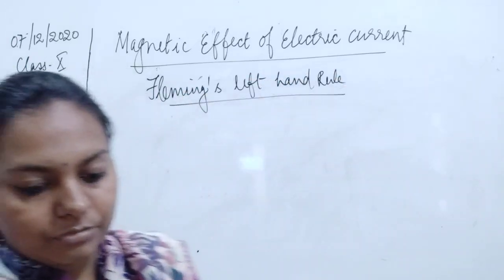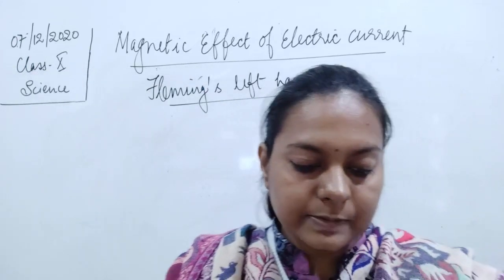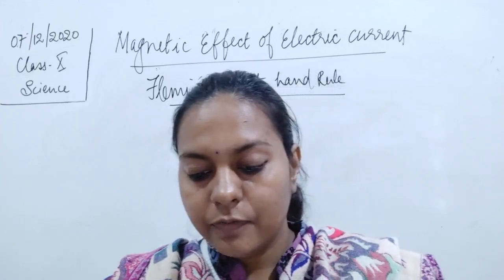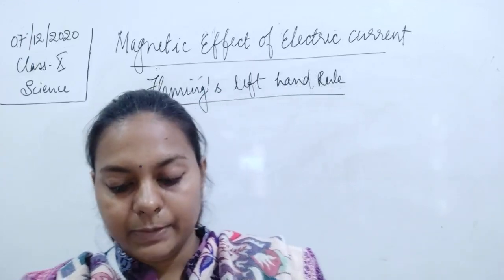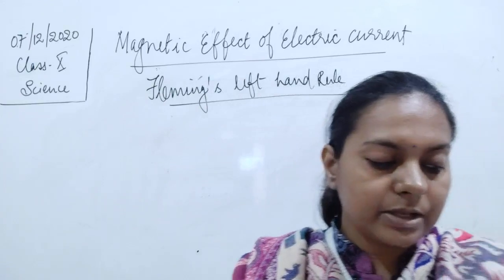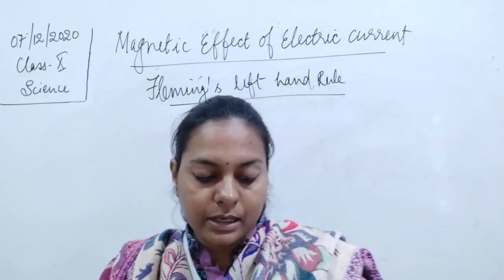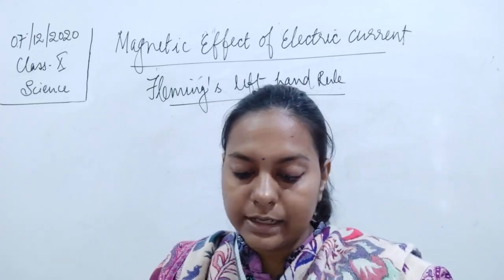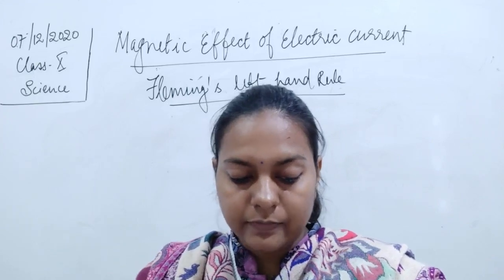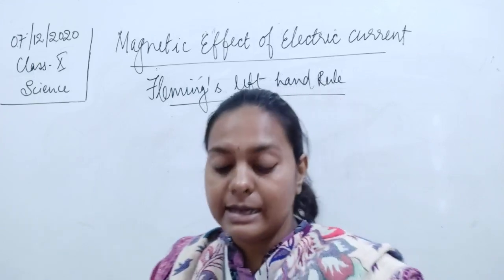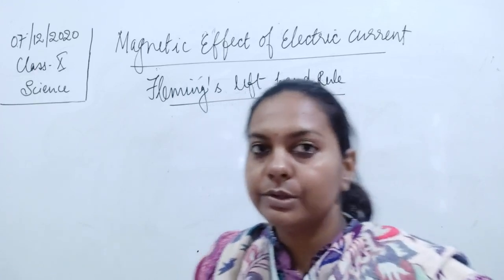Fleming's left hand rule. When a current carrying wire is placed in a magnetic field, a force is exerted on the wire. Fleming gave a simple rule to determine the direction of the force acting on a current carrying wire in the magnetic field. This rule is known as Fleming's left hand rule. According to this rule,